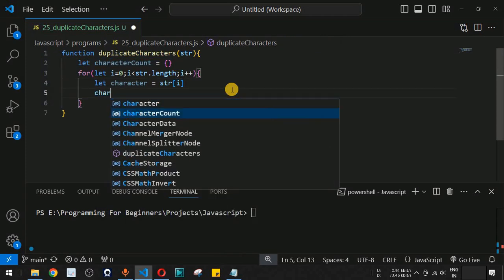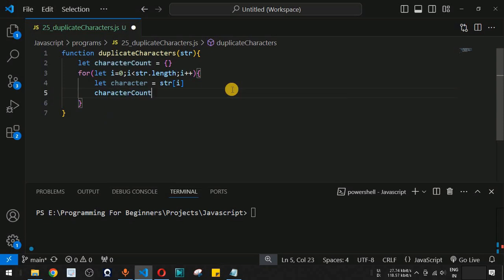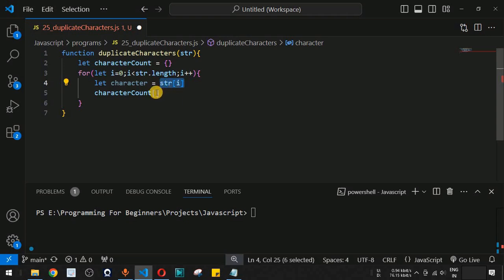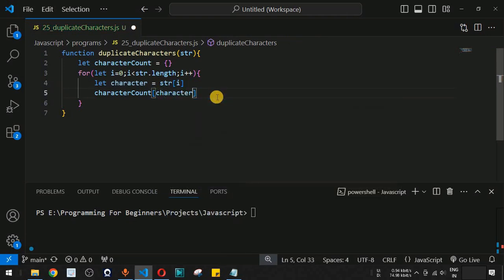So basically we have to use the character count map over here. So this is the map, and basically the key that we have to use is the character this time that we have extracted from the ith position of the string. So guys, over here simply inside the open and close square brackets we are going to provide the character, and in this way we can assign the value to a specific key inside the map object inside JavaScript. So guys, over here this is nothing but the character count map that is pointing to a specific key, that is character over here. Now guys, we want to increment the value, like whatever value is present inside this particular key, we need to increment it by 1 over here.